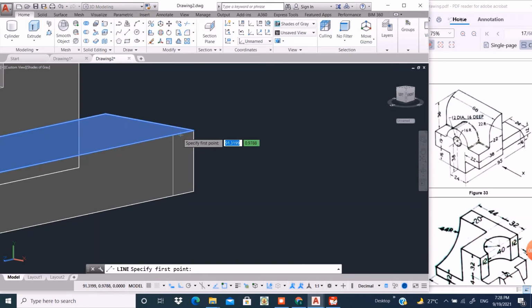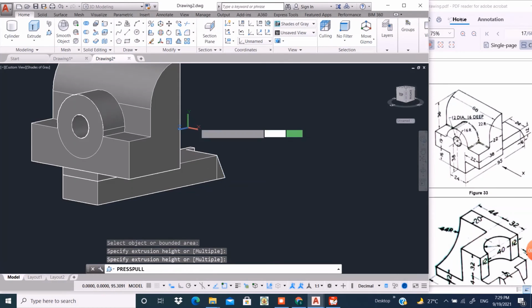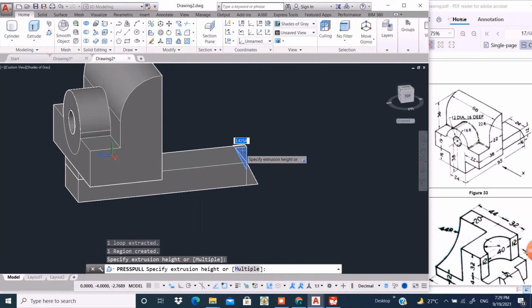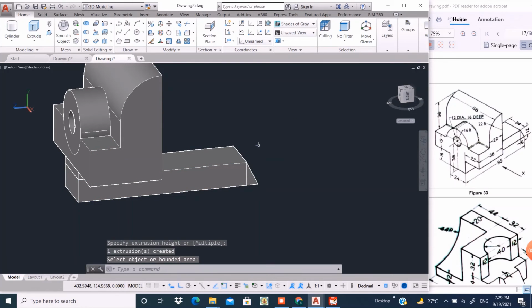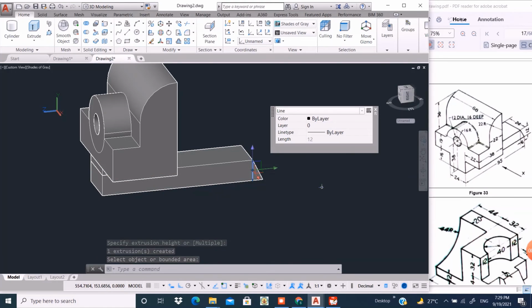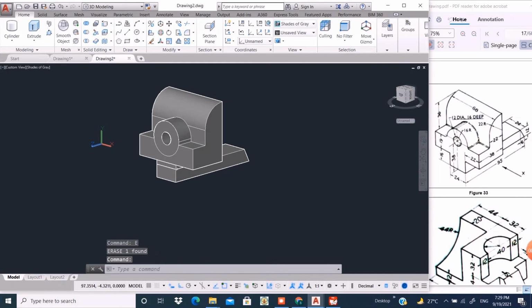Now take the line command, click here and select, and take the presspull command, select this region and presspull it. Okay, and select this line and erase it. So here it is, the drawing is almost ready.